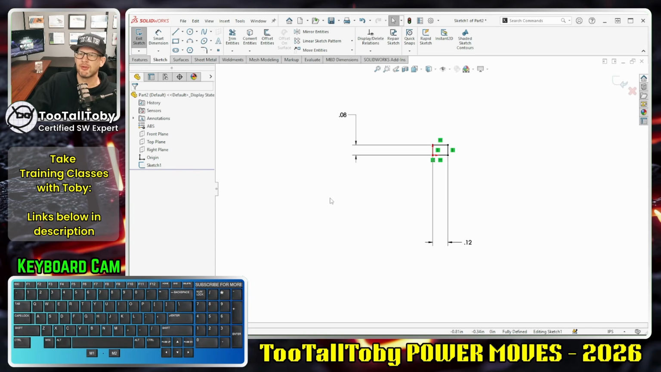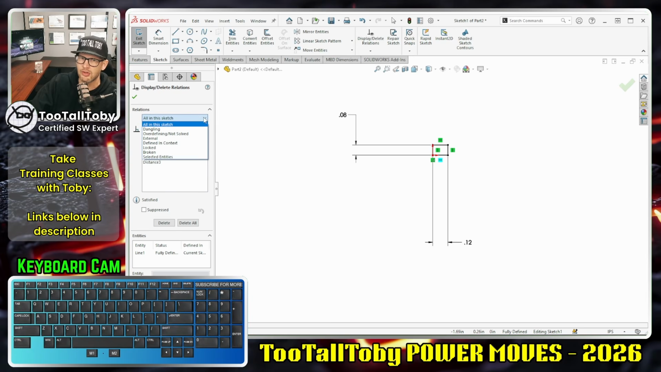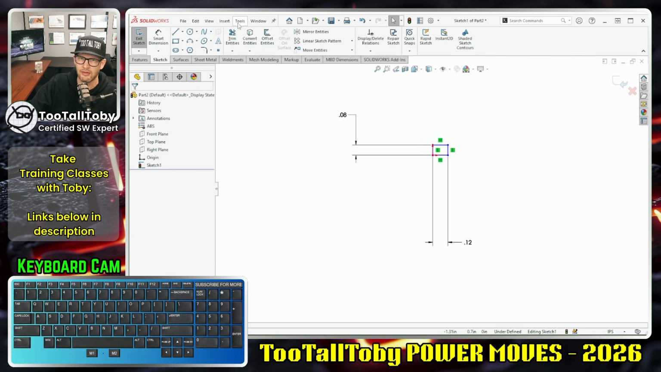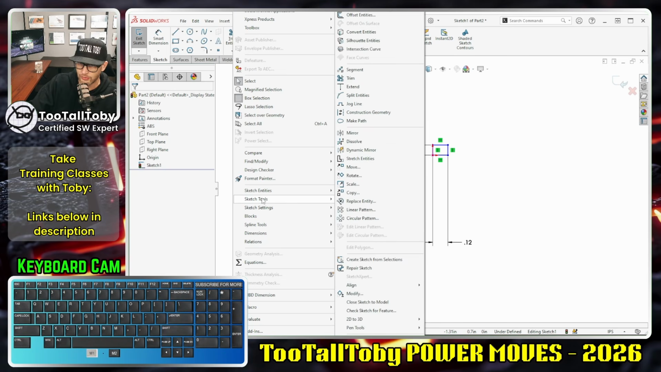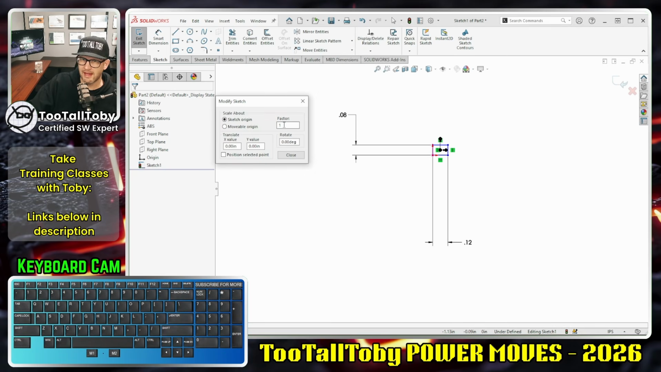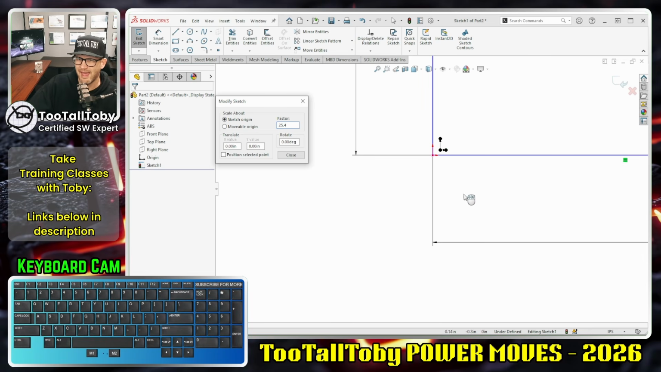So it's no problem. It's really easy to resolve this. You just come up here on your sketching toolbar, you go to Display/Delete Relations, and you say, show me any relationships that are external to this sketch. And then you just say delete or delete all if there's more than one. Hit the green check mark, and then try it again. Tools, Sketch Tools, Modify. So now we can input a scale factor here of 25.4 to 1, enter, and